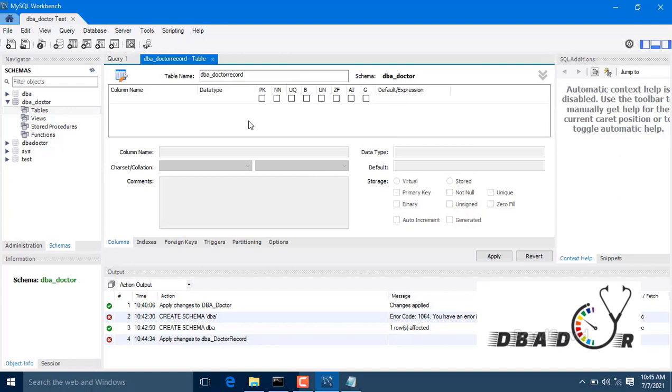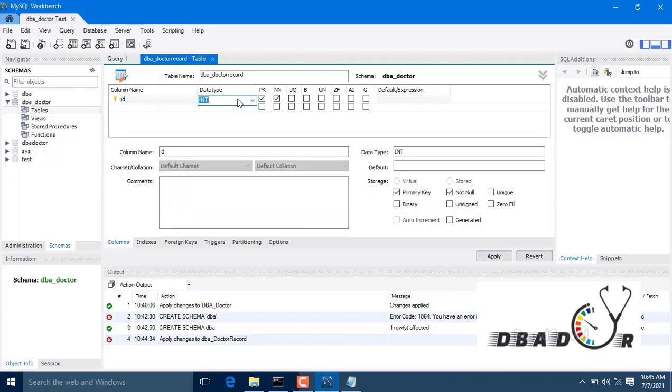Once this is done, then what we have to do next is add a column. First we are going to add an id, and we are giving it as an integer, as for a number.